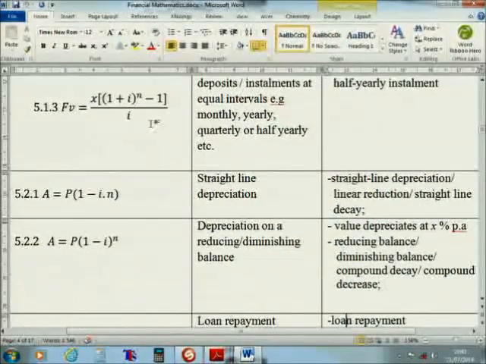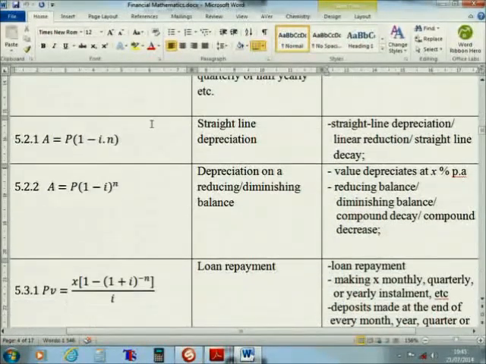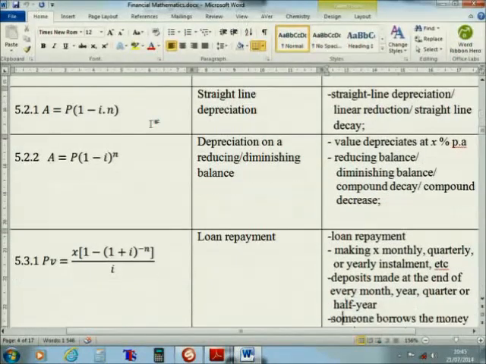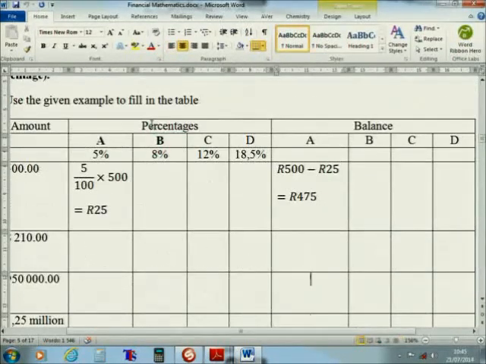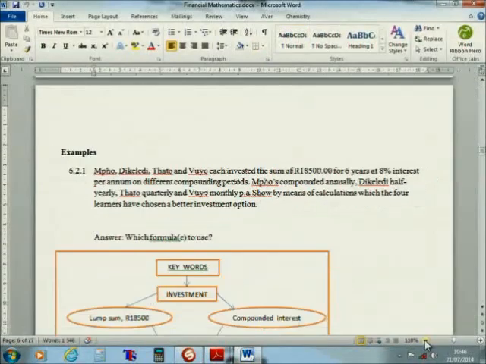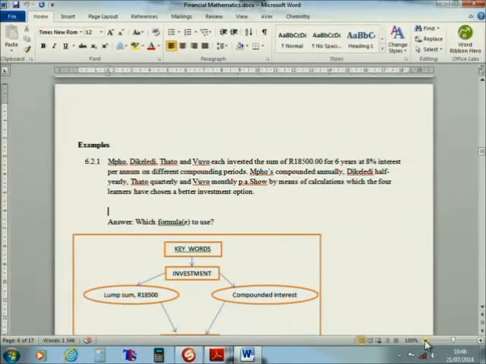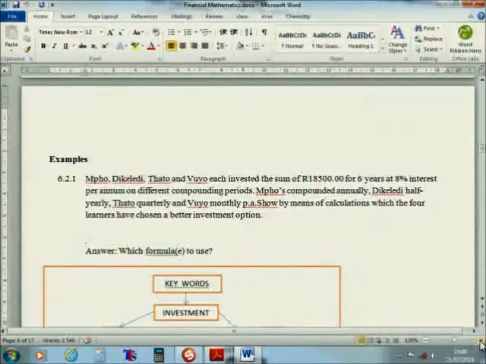Okay, let's get to the exercise and see what you've got here. I want us to look at this one. I'm sure all of us can see what you've got here. Right now, as you can see, our example says Mpho, Dikeledi, Tato, and Vuyo. What is happening there? Vuyo, you all read, each invested the sum of